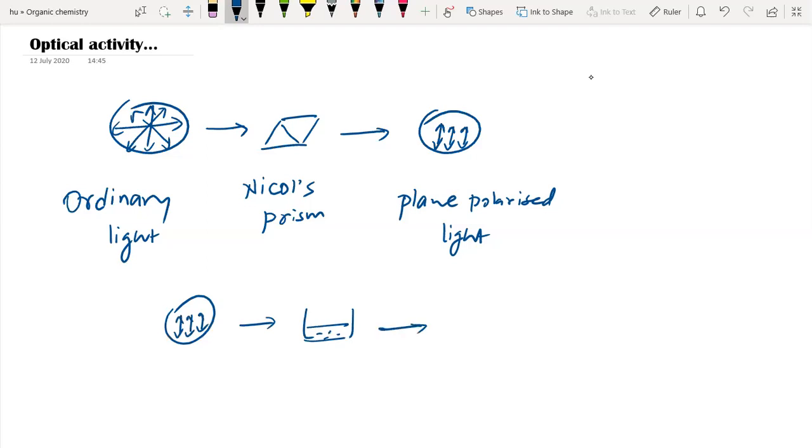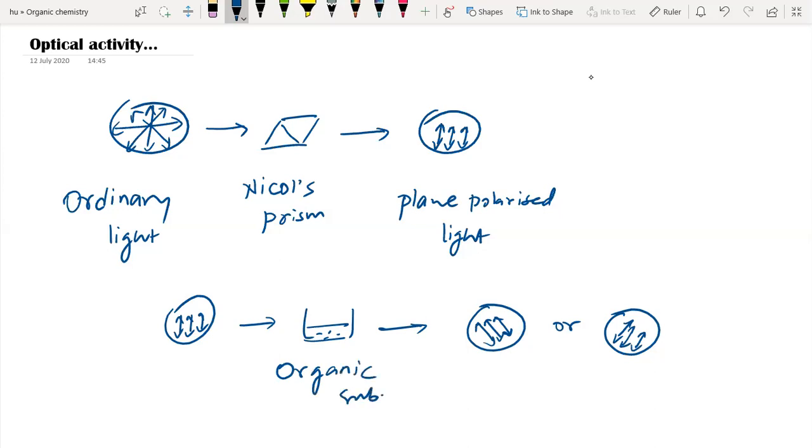So the property of this organic substance is it can rotate the plane of plane polarized light towards left, that you can see here, or right. If an organic substance can rotate the plane of plane polarized light to right hand side or left hand side, it is said that the given substance is optically active. Organic substance will be called optically active,